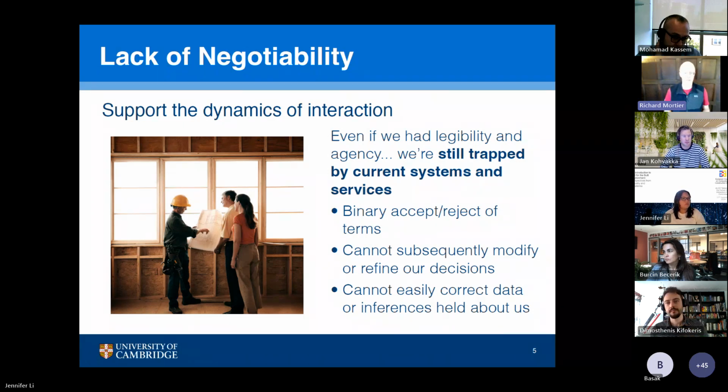So, for example, a system is put in the marketplace, Gmail, Facebook. It has terms of service. You either have to accept those terms of service to get the service, or you reject them and you don't get the service. You have no means to go somewhere in between the two, or to say, well, I like this, but I don't want that part of it, and I'm willing to give up this element of the service.